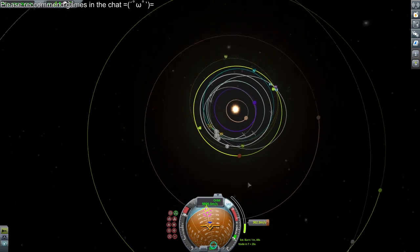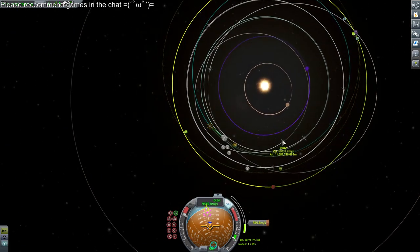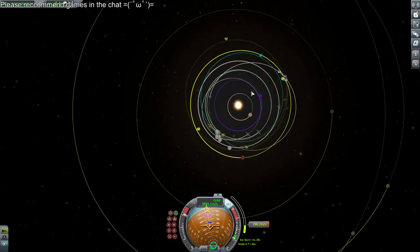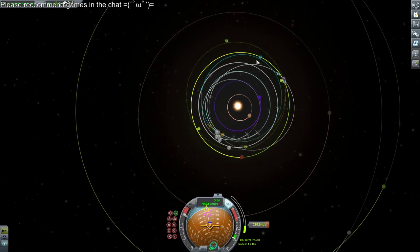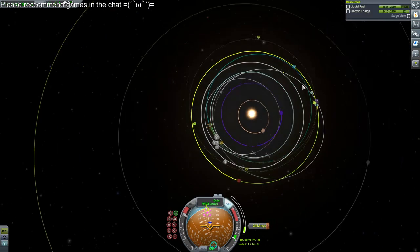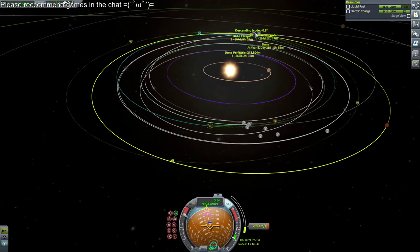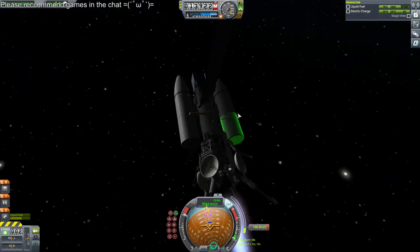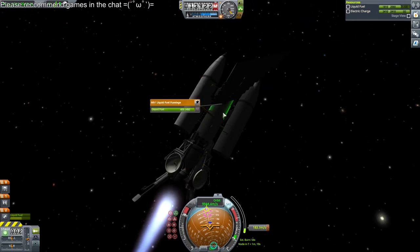So I never realized this before, but one of our spacecraft appears to be... This is R2-B2. It appears to be on a trajectory that might put it in contact with the Eve planet at some point. R2-B2 is just all over the place. I don't understand exactly what it's doing, but it's insane. Alright, we're going to be hitting that altitude in about 1 minute 17 seconds. We still haven't used up half our fuel. Hopefully once we get to the target planet and enter the atmosphere, we might have to jettison some fuel, actually. We might just have to cut these side pieces off, despite having fuel left in them, just because...